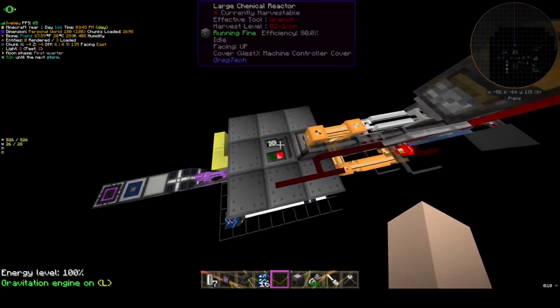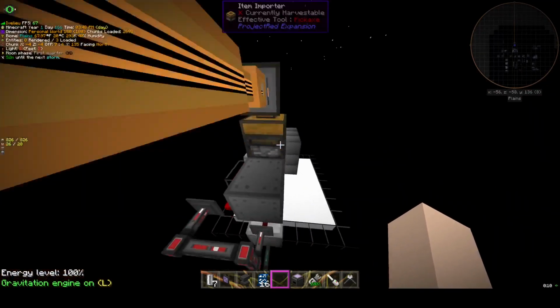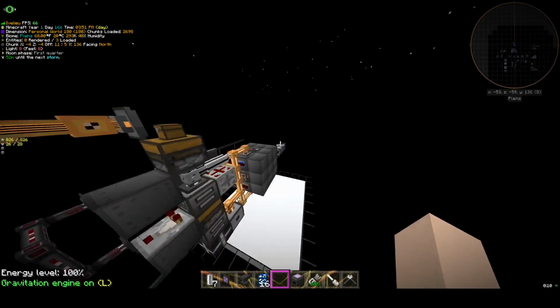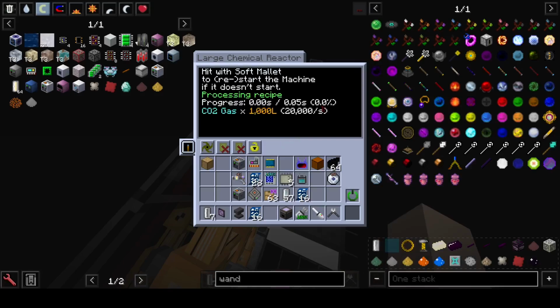So with this setup, you can run them in parallel. That's the important thing. If you copy this one slice, you make more slices, you have more chemical reactors. And the important thing about this is the switching time is really low. So if you use auto pull stocking buses,